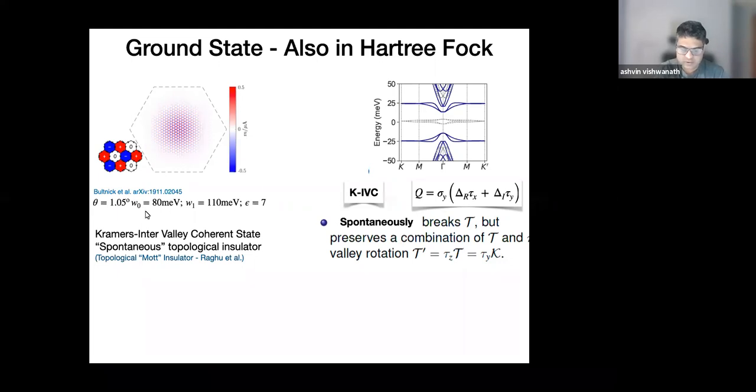Okay, and it's also an example of a spontaneous topological insulator. You start with bands that are partially filled. You get a gap. That's the gap that you see over here. This is the single particle dispersion. After the gap is opened, you fill all of these states below, and you have something that has a Z2 index with respect to this new time reversal, which squares to -1. So this is what is expected from the strong coupling analysis. It was verified in Hartree-Fock and other kinds of numerics.